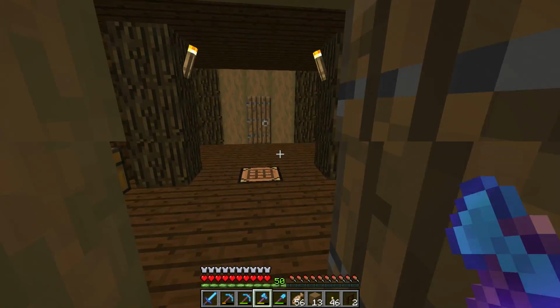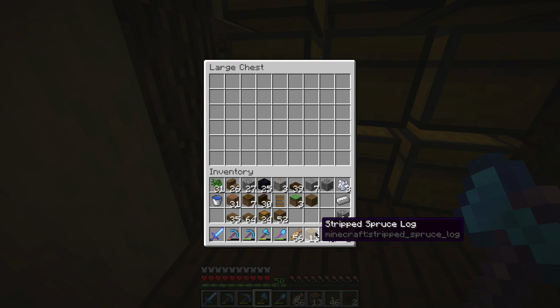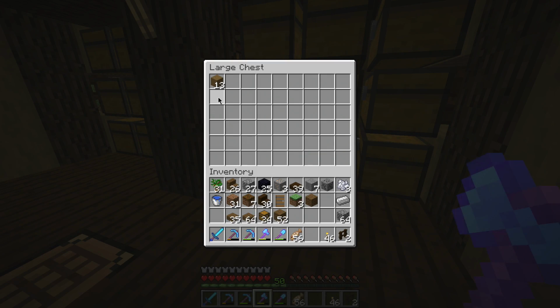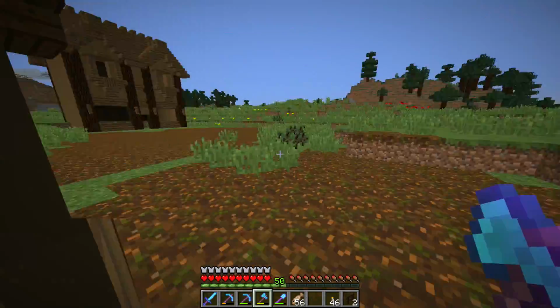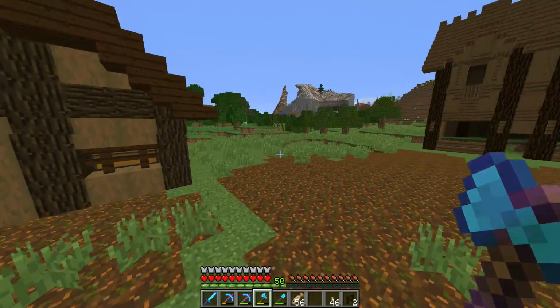So if we go in and we see this back one here, we'll go dark oak logs and dark oak. Oh, that's spruce. Spruce goes this side. There we go. So, if you want to get them in large quantities, an idea that I've come up with,